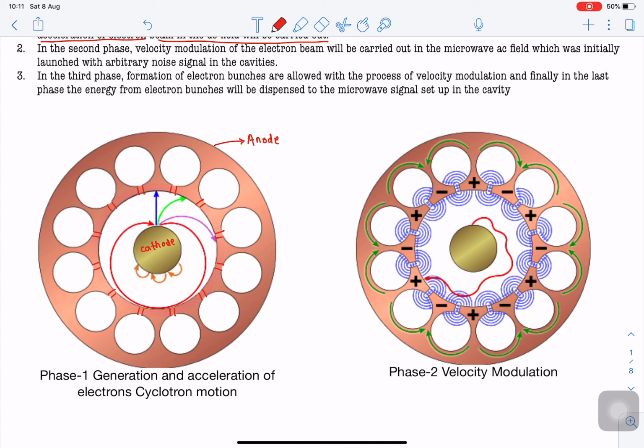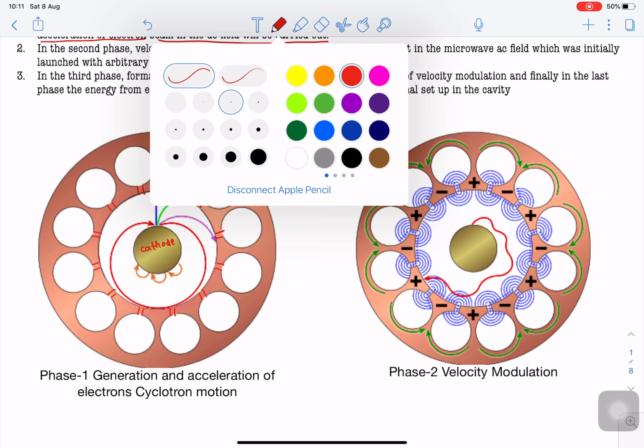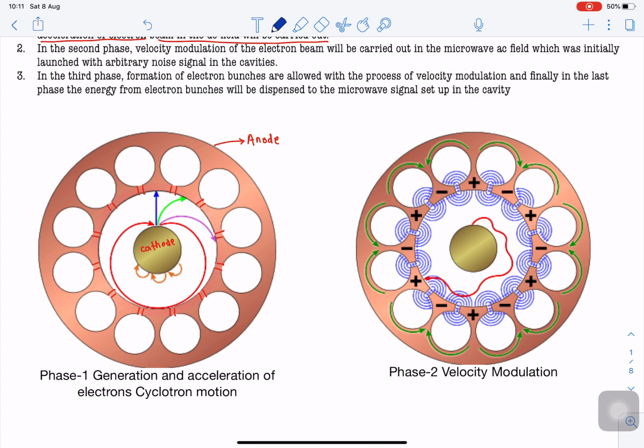So in between anode and cathode, what we are going to do is set up an electric field. How can the electric field be set up? It can be shown like this. The anode is connected at a positive potential, right? And the cathode is connected to the negative potential in this way. So this is positive and this is negative, and this is a DC electric field. So I hope you understood the arrangement of the electric field between the anode and cathode.